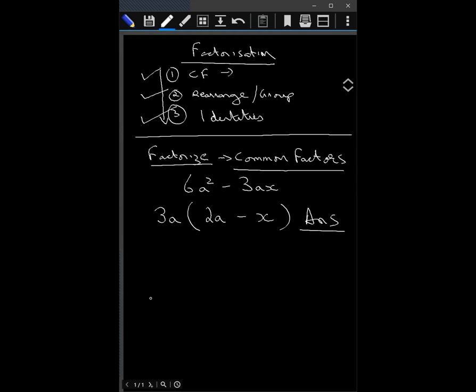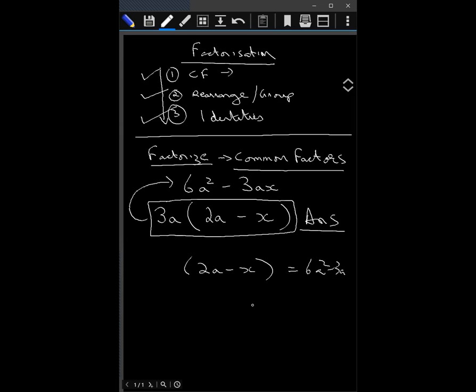Oh, so I didn't write the 3a part. Why? I thought it would not be part of the answer. How can you just remove something from the answer? Where will it go? I thought whenever we factorize something, if we open the factors, we should get back the original expression. Okay, so if I factorize as just 2a minus x, is this equivalent to 6a squared minus 3ax? No, right? But if I have 3a, and I multiply this with this and this with this, ultimately I'll get this answer. So whatever your factorized answer is, whenever you open the factors, you'll get the original expression back. Ananya, is this clear?